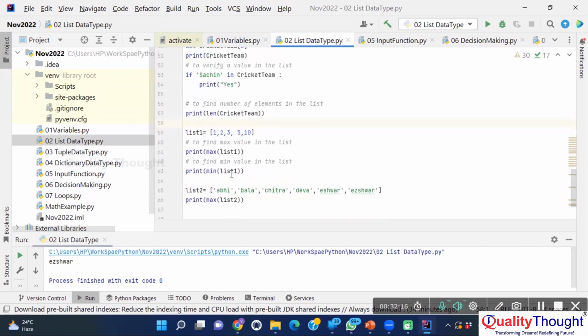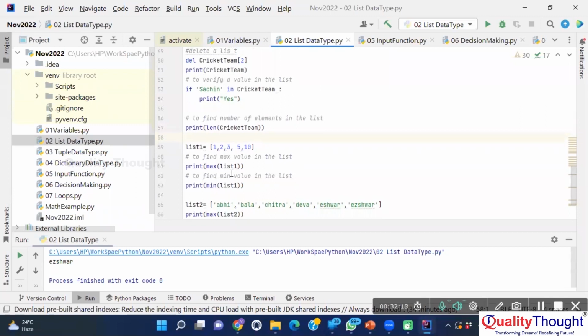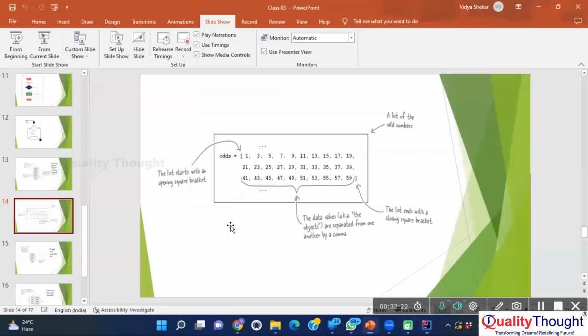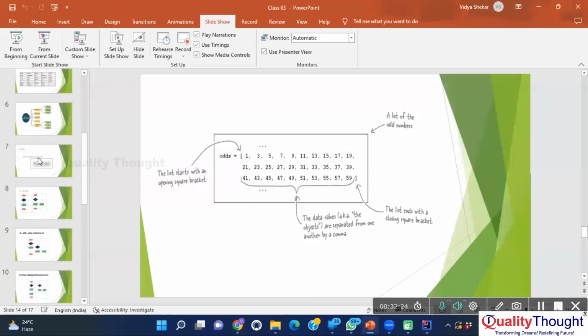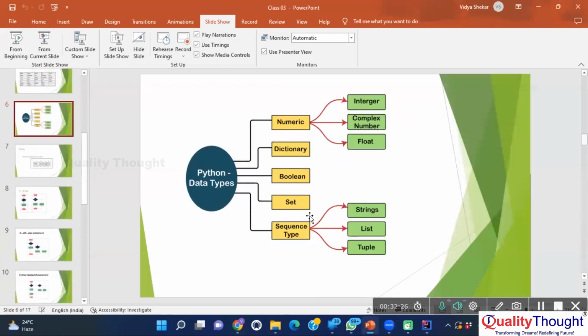So one more advantage is we can even convert a sequence. Sequence means all three are called a sequence, right? String, list, and tuple. Okay. We can even convert a sequence into a list. How to do that? For example,